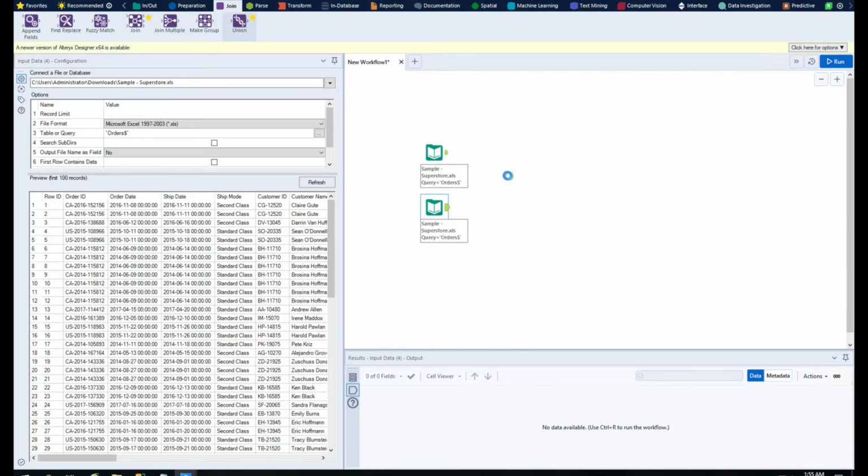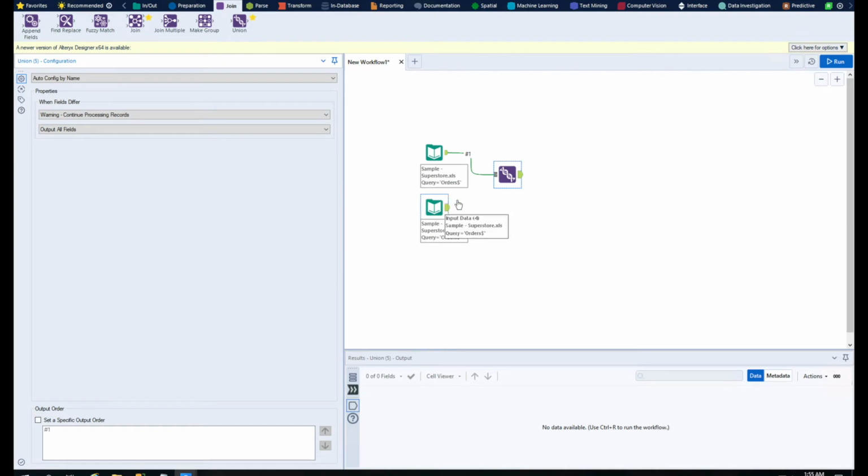So here you see that I've got table 1 and table 2. Both tables are the same; their columns and structure are completely the same, so there will be no issues in combining them. Combining means appending them together. We use join so that we can combine the tables horizontally. We use union so that we can combine the tables vertically.